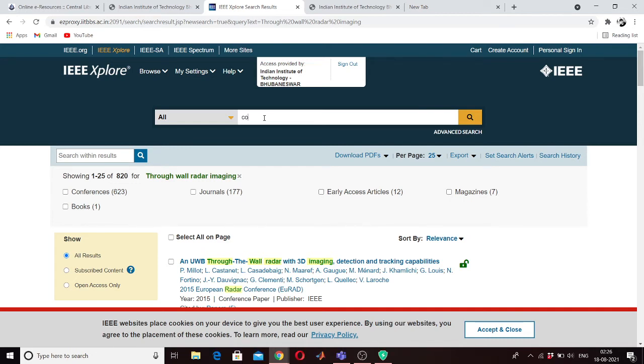For example, computer vision in agriculture, sorry, computer vision in defense.